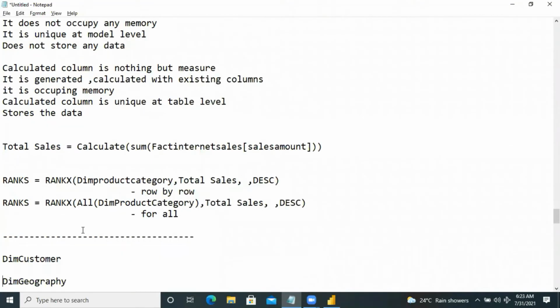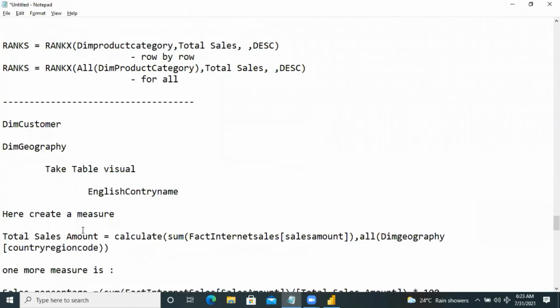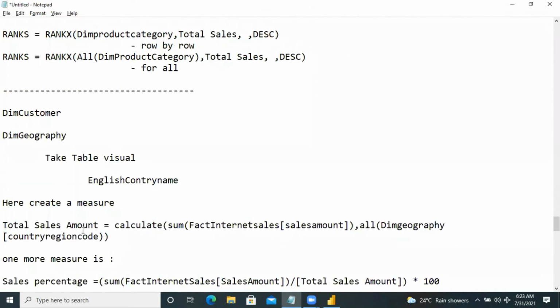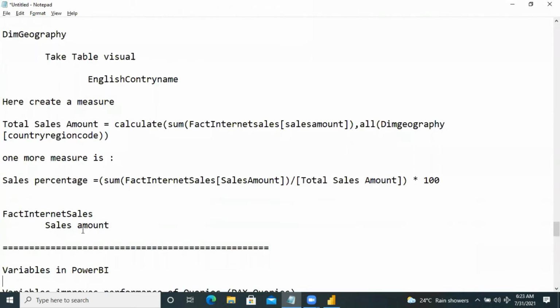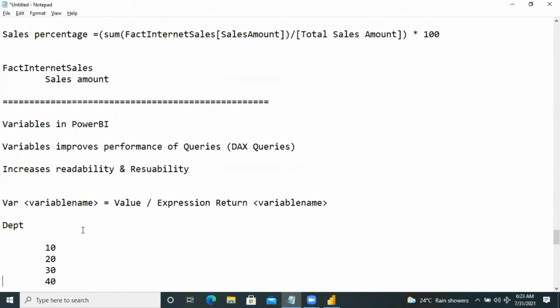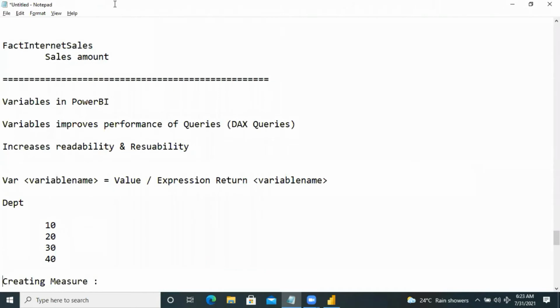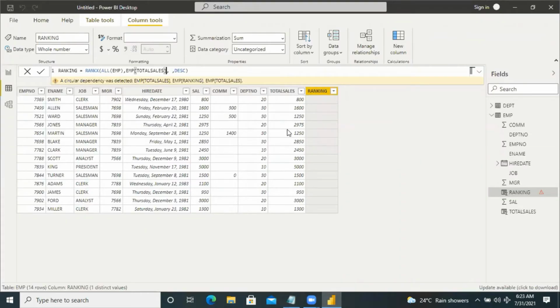Later on, we'll see. Okay. Now we are going to take the variables. Saket, can you hear me? Yes, sir. Try the rank function in your database.